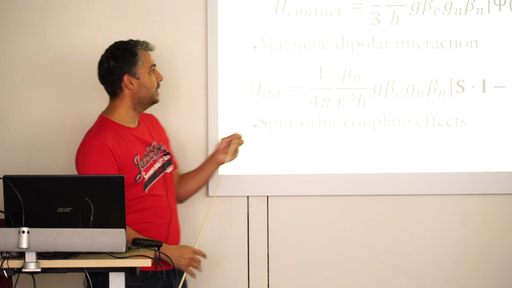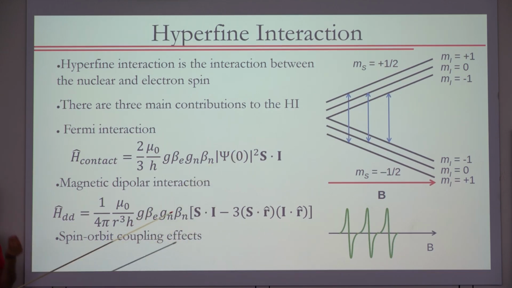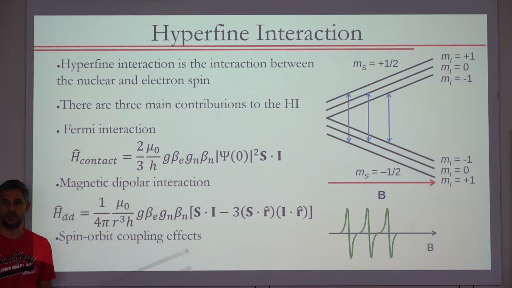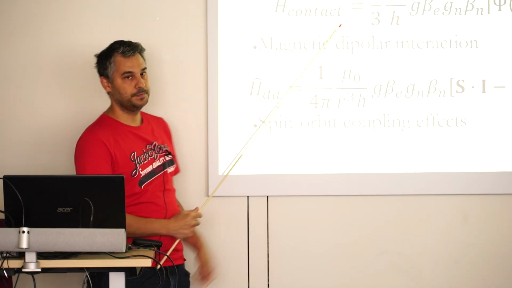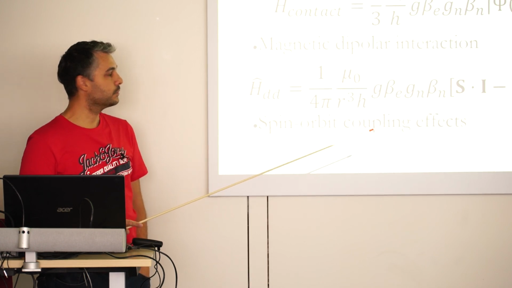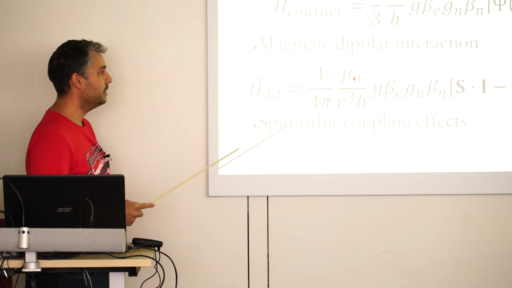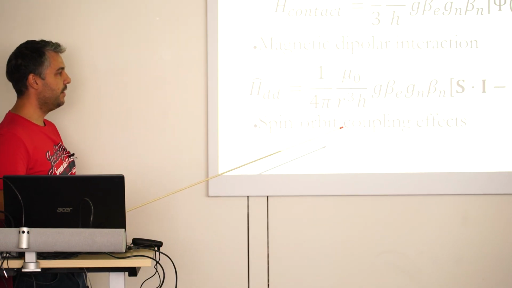So when the wave function at zero, which is a notation for the position of a nucleus, is not zero in the nucleus, then you have a contact interaction, and this always happens to some extent. So this is isotropic in principle. Then you have the